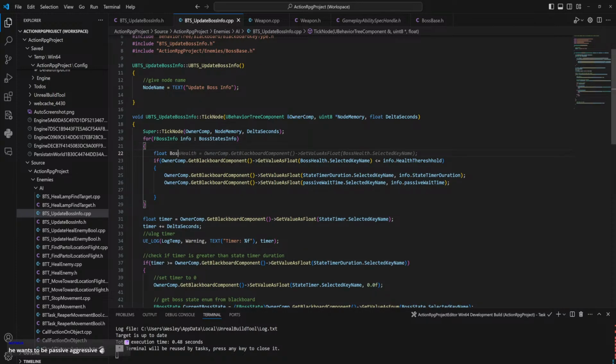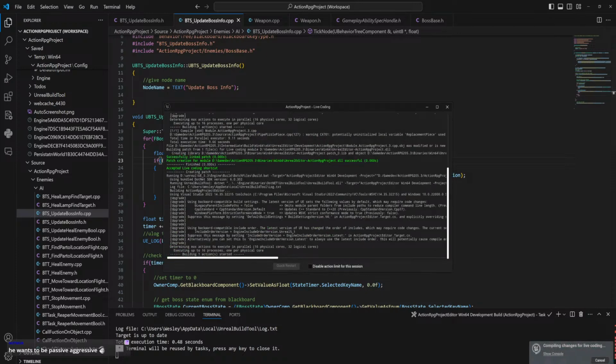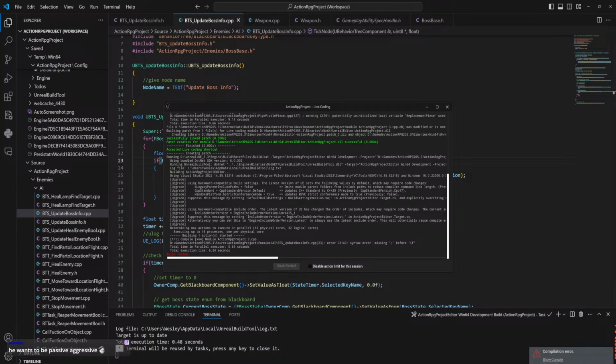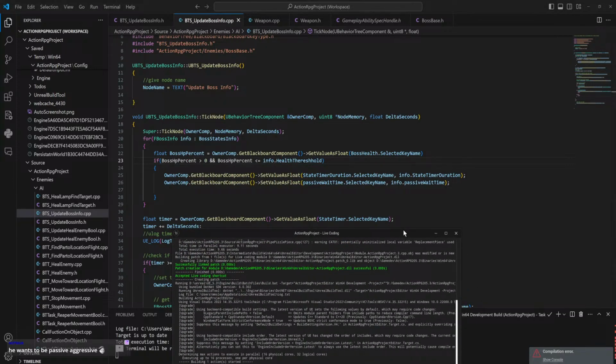So boss HP percent, we're just going to make this a little bit more readable because we're going to troubleshoot this a lot, I think. So the boss HP percent has to be greater than 0 and less than that. That way, the first like 10th of a second, it doesn't actually have a value yet, and if that other one then fires before things get set properly...